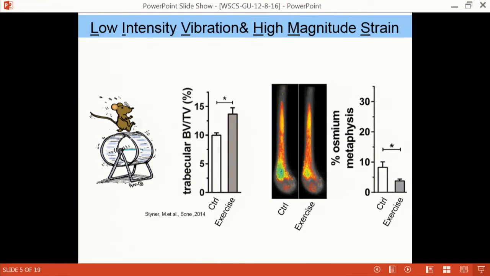So in laboratory or preclinical models, we use exercise or exercise analogs to look at how mesenchymal stem cell fate is regulated. Here's a recent study that we published, in which we show that mice exercising with a training wheel for about 6 weeks increase bone mass and, at the same time, decrease the fat in the bone marrow.